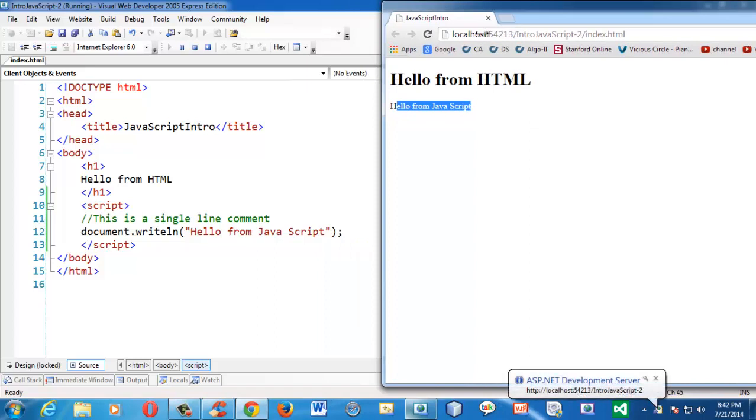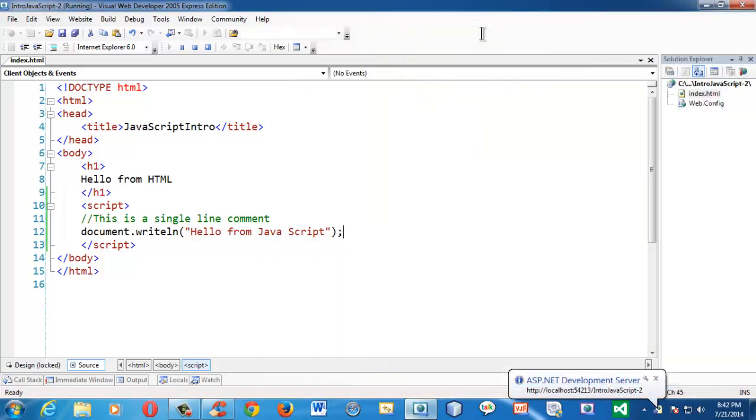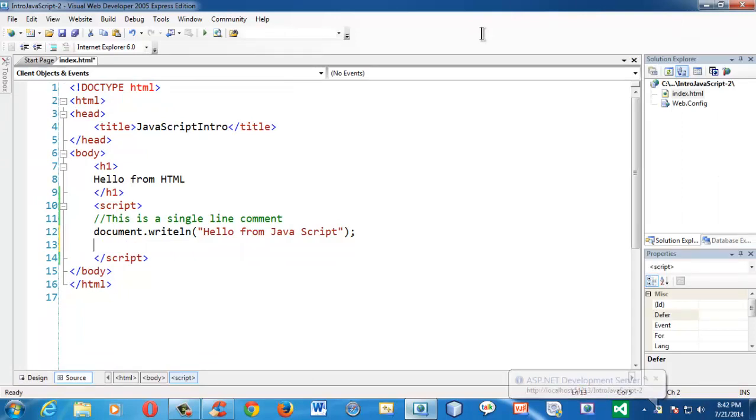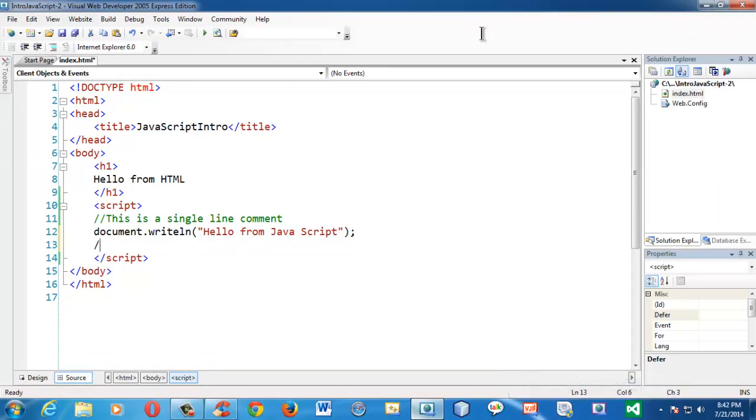Apart from that, we also have a multi-line comment. Let me stop the debugging here. A multi-line comment goes like this. As the name implies, you can have comments in more than one line here: slash star, then you can have another message. This is a multi-line comment.